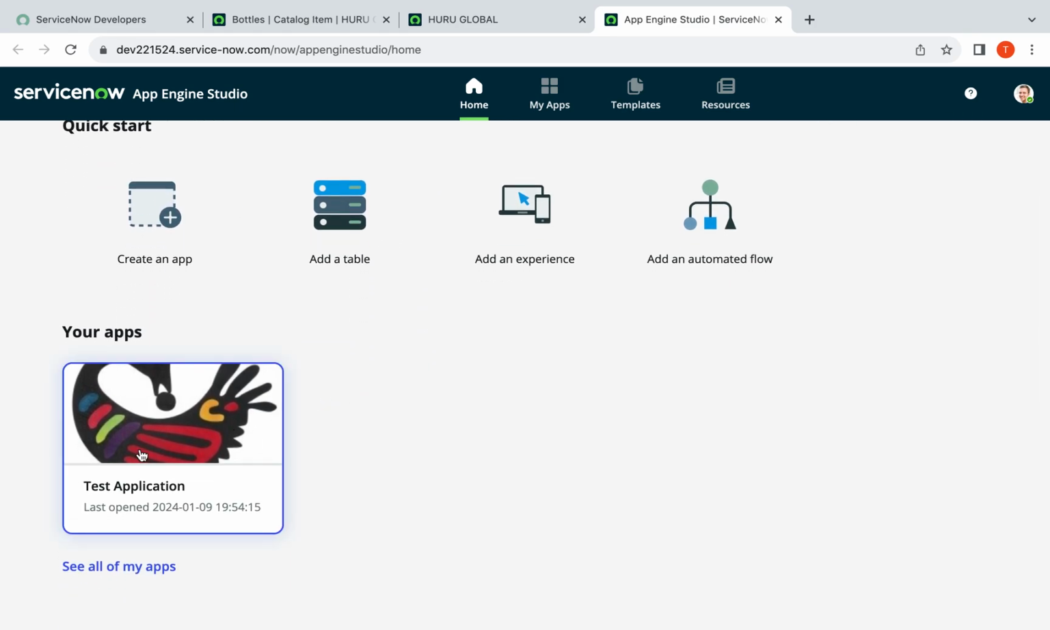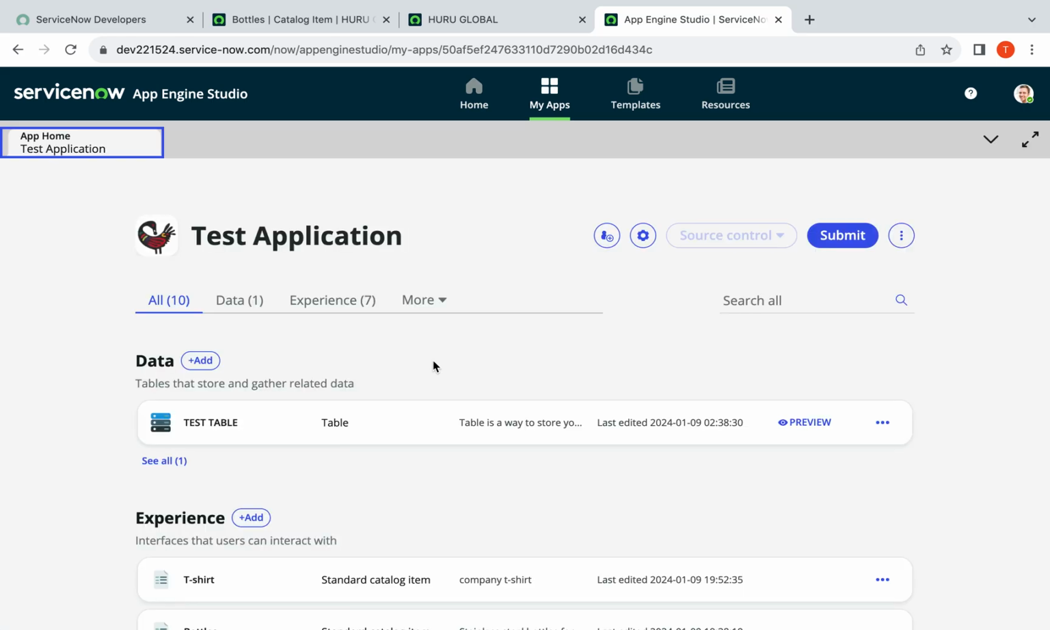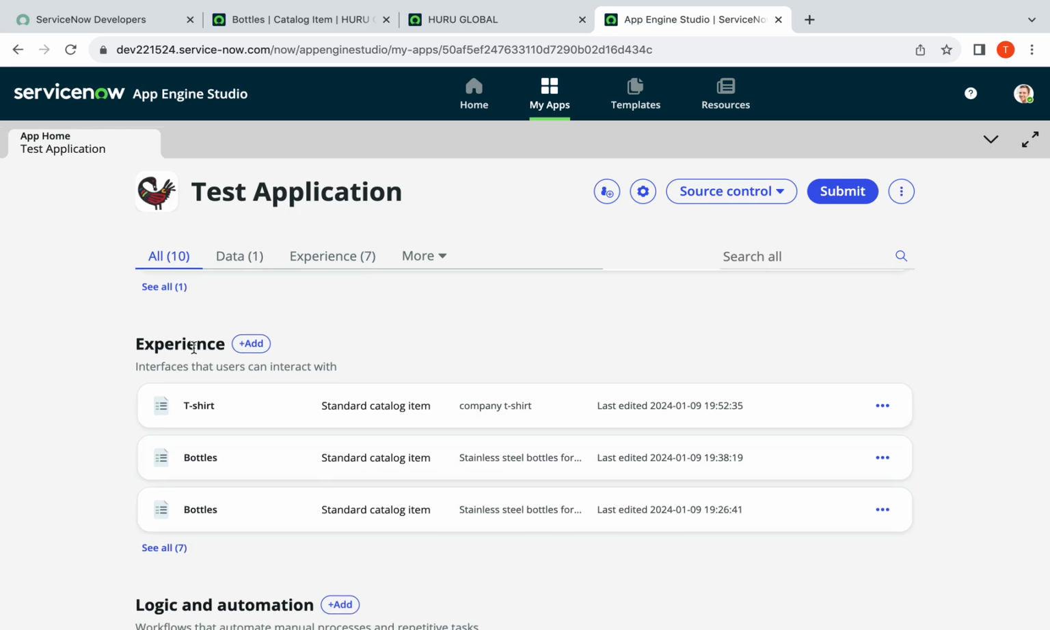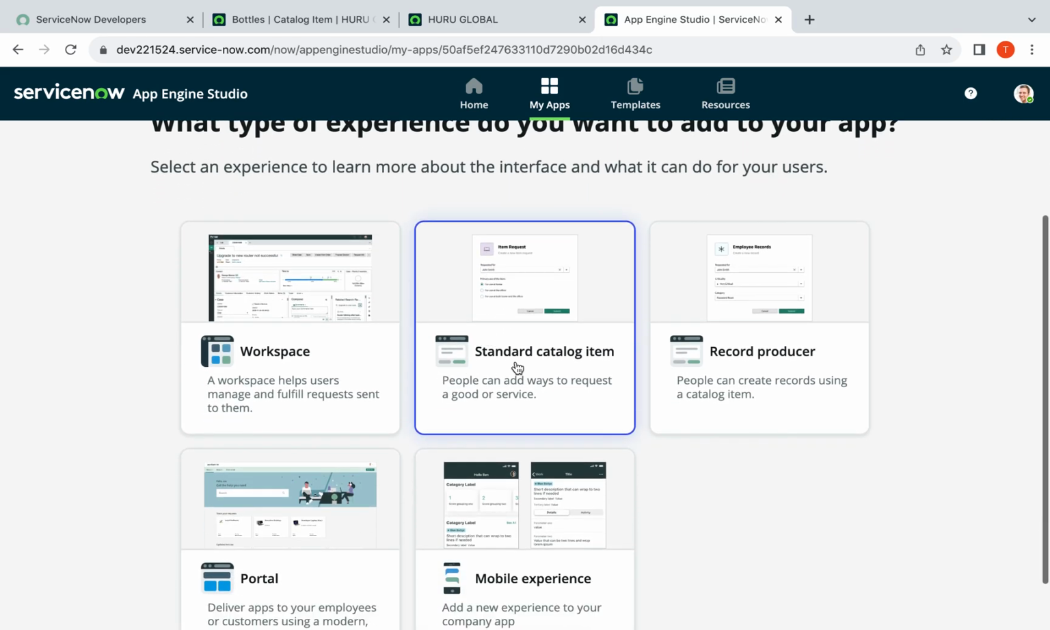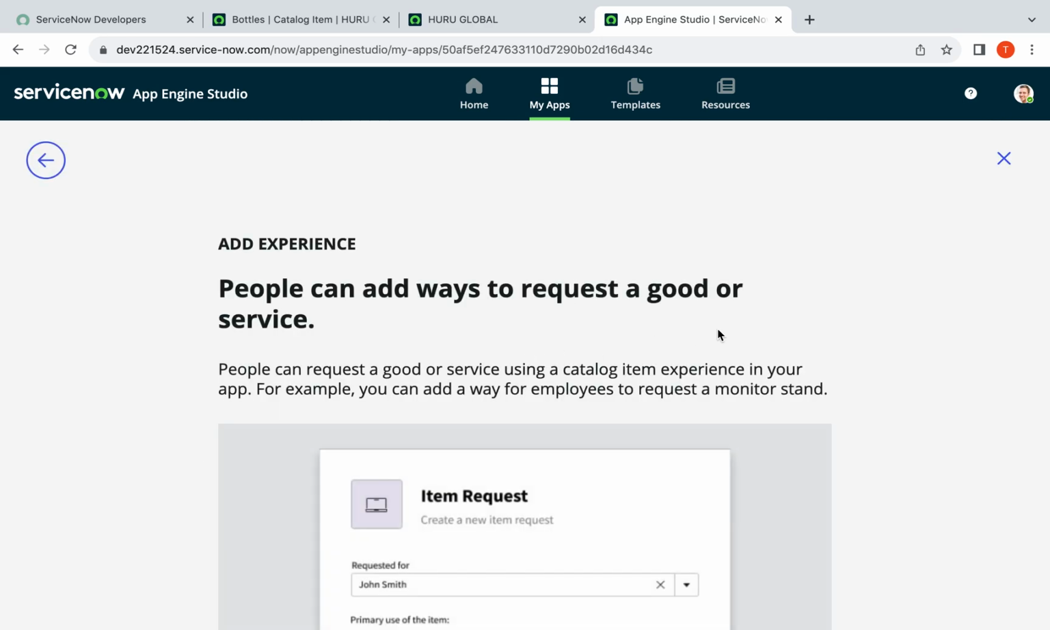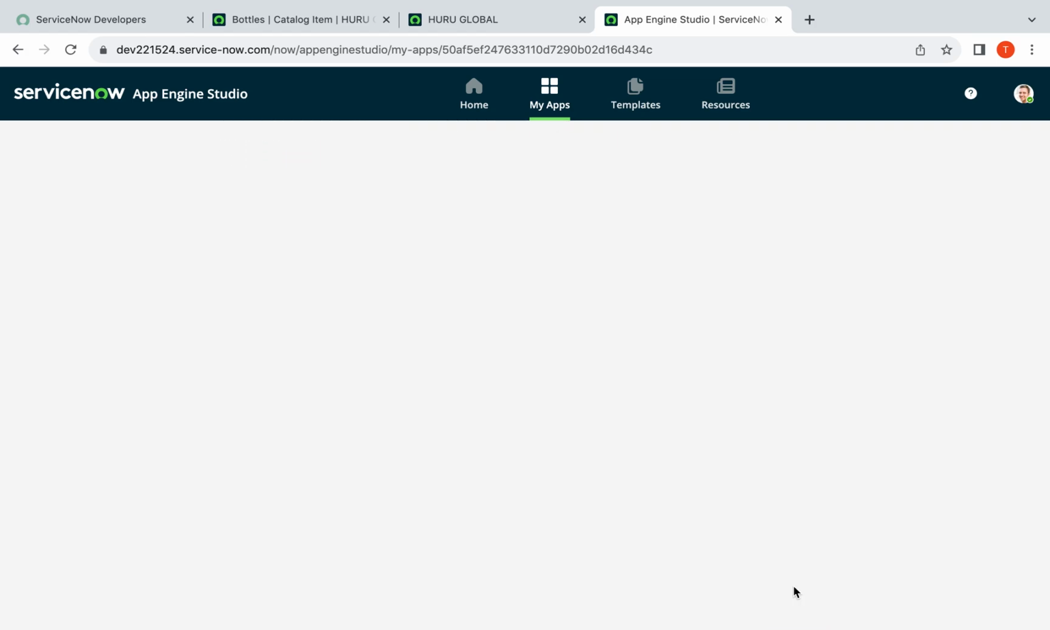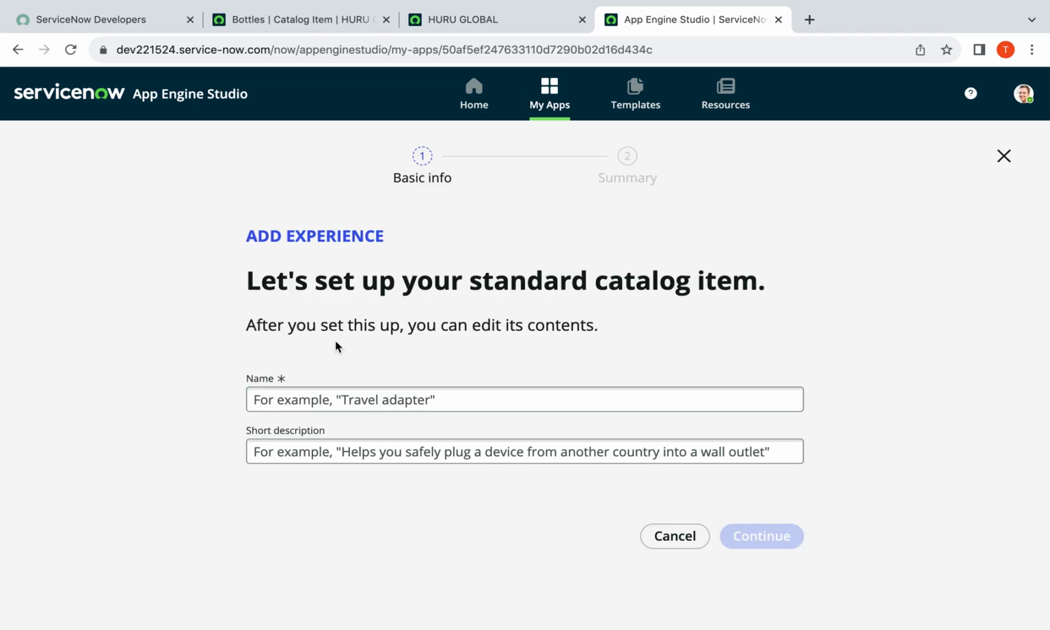Here I have my test application. Under the experience, you can see the catalog items we have created before for this application. To add a new catalog item, click Add, Standard Catalog Item, Begin. Name of the catalog item, let's say for example Daily Planner Book,